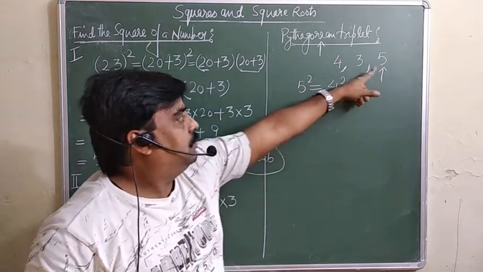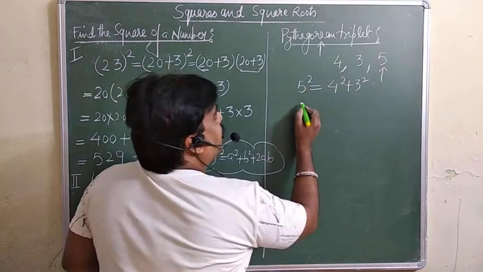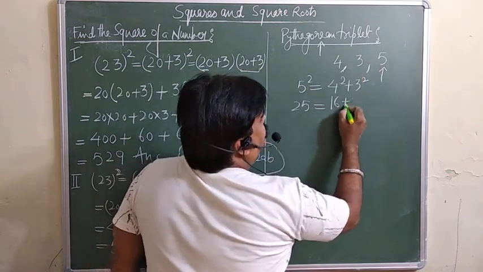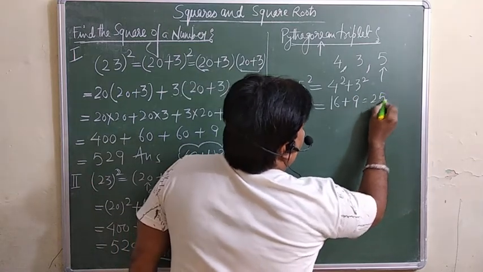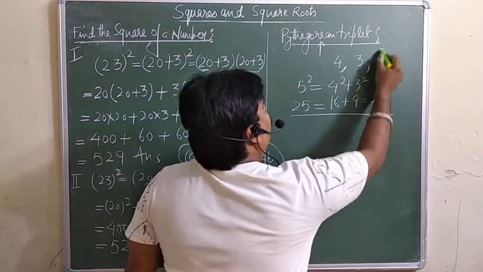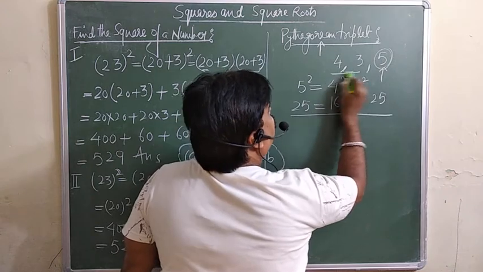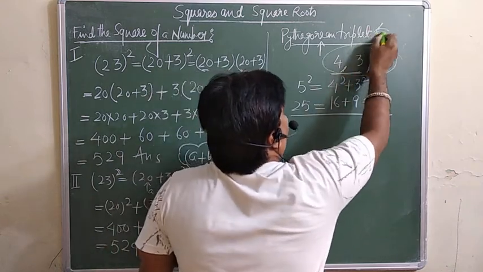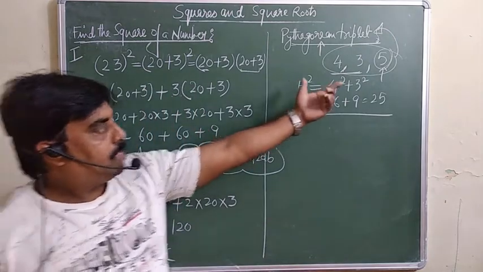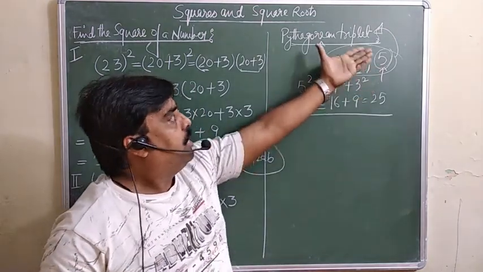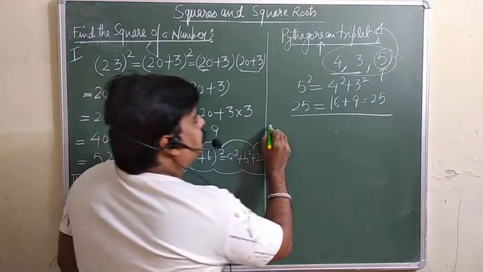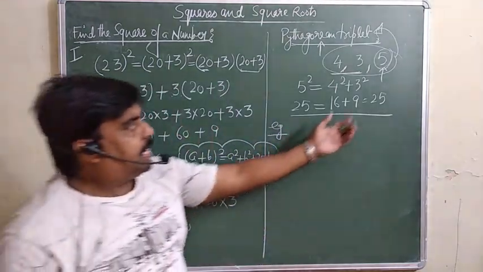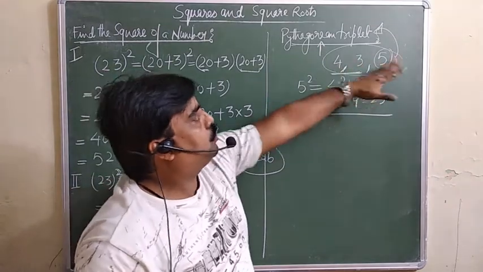Greatest says 5. You must do the 5 square, that is 25. 16, 3, 9. So this is also 25. It means the greatest number, सबसे बड़े नंबर का स्क्वायर is equal to the sum of the squares of the two numbers. Then you can say these are in Pythagorean triplet. This one. Pythagorean triplet means I think you can understand. Now question is here only. Sometimes what happens, they will give you one number and they can ask other two numbers. For example, same question I am taking.